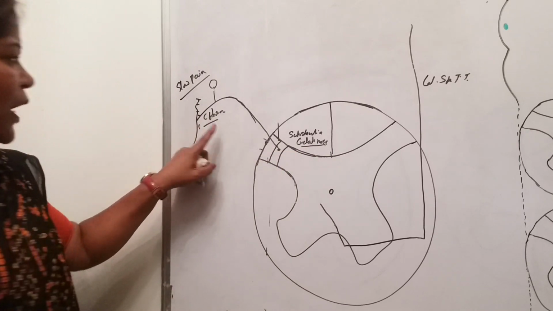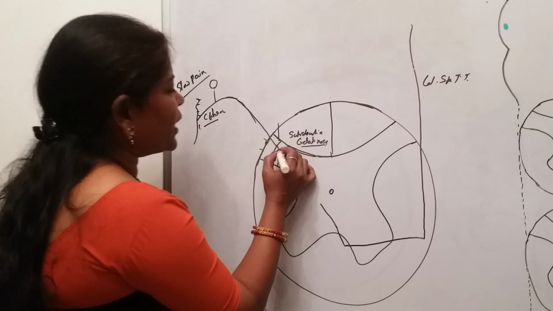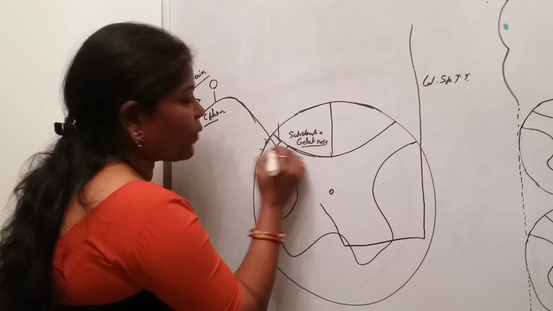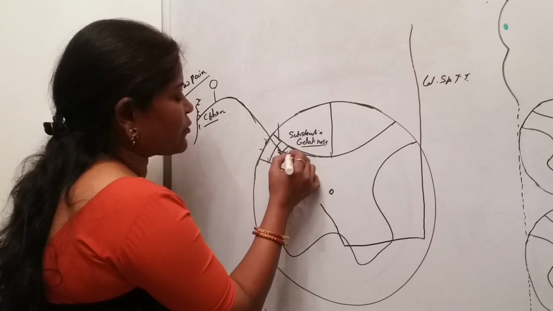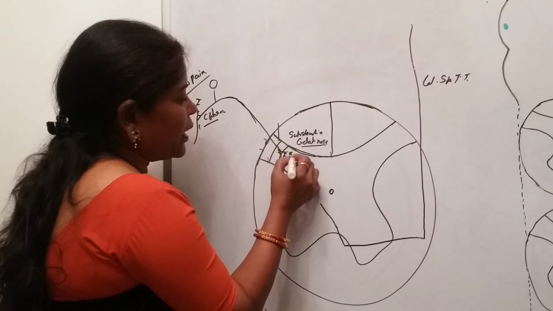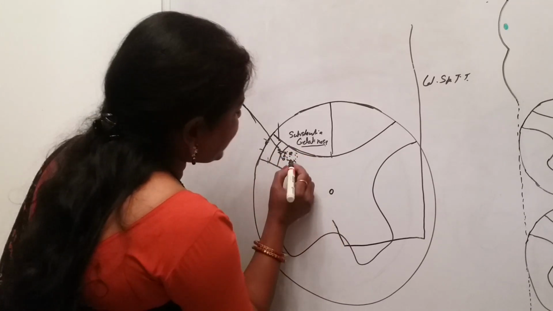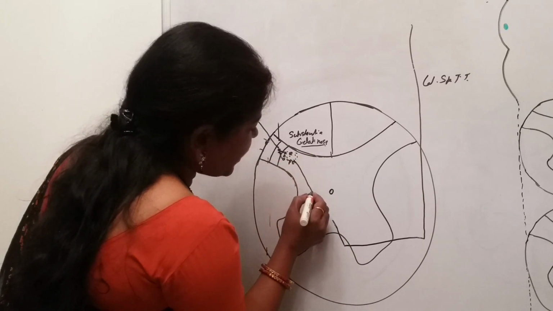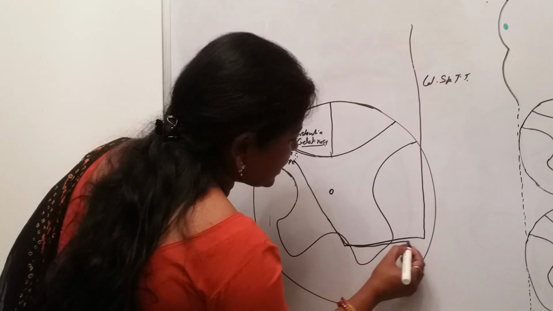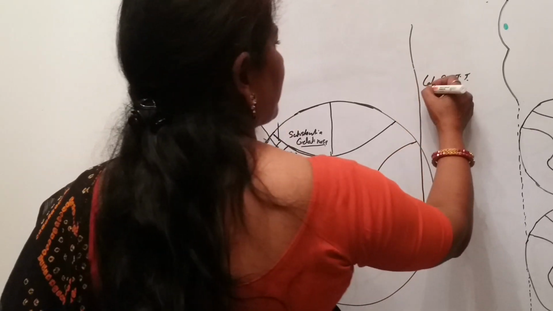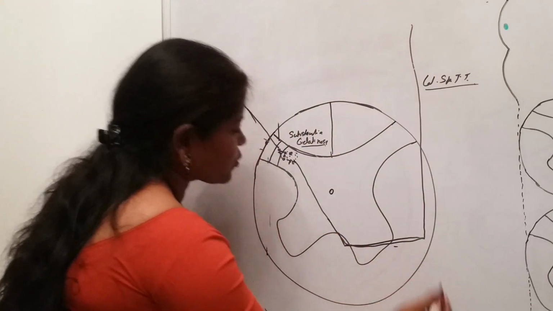But this fiber, the C fiber, is knotty. Why? Because here, instead of synapsing with one single neuron, there is a cascade of neurons. It will synapse with this neuron, again this will synapse here. So many multiple neurons it will synapse, and finally the second order neurons which come out will cross to the opposite side in the lateral white column, the lateral spinothalamic tract, and ascend upwards, which conducts the slow pain.